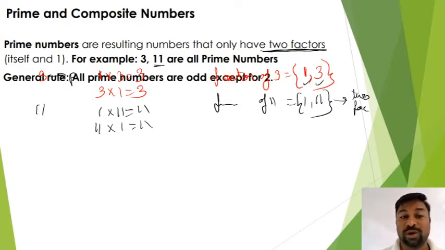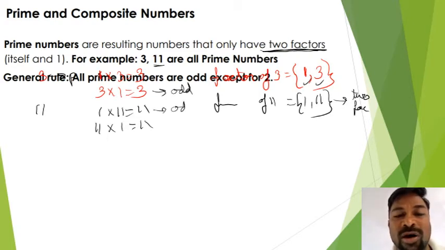Now the general rule: all prime numbers are odd numbers. Why? Because 3 is an odd number, and in the same way 11 is also an odd number.